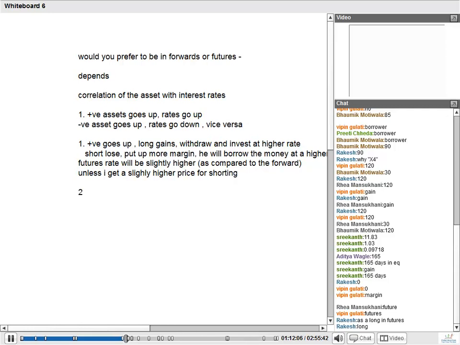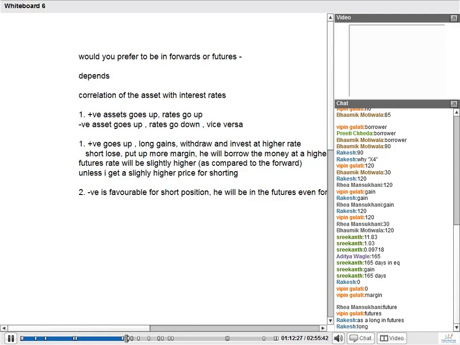Similarly, if the correlation is negative, then it is favorable for the short position. If the correlation is negative, he will be in the futures even for a slightly lower price. So the short essentially delivers the asset and receives the money. Even if he is getting slightly lesser, he is okay because he has this positive margining impact when rates and